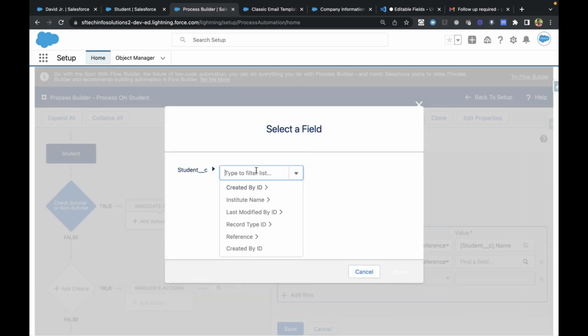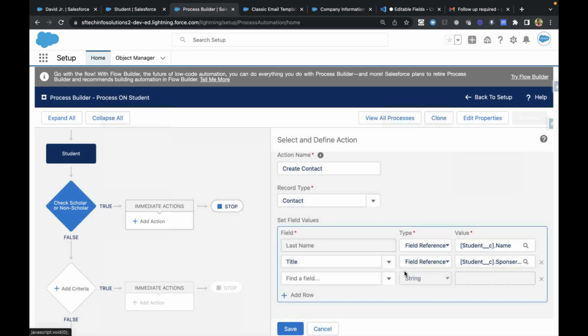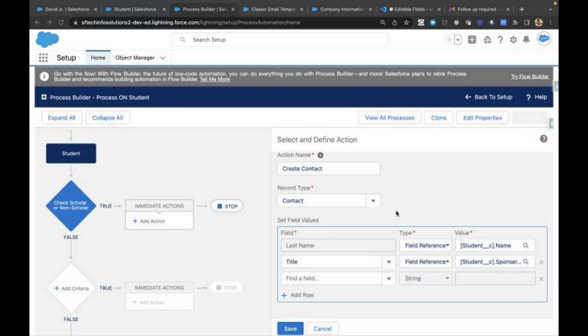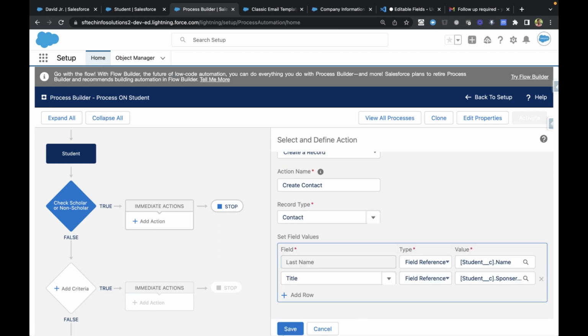Title, maybe let's populate some title here. So title, I would like to populate title from sponsor. So field reference, I'll be choosing the title as sponsor here. I did not find a proper mapping here, but